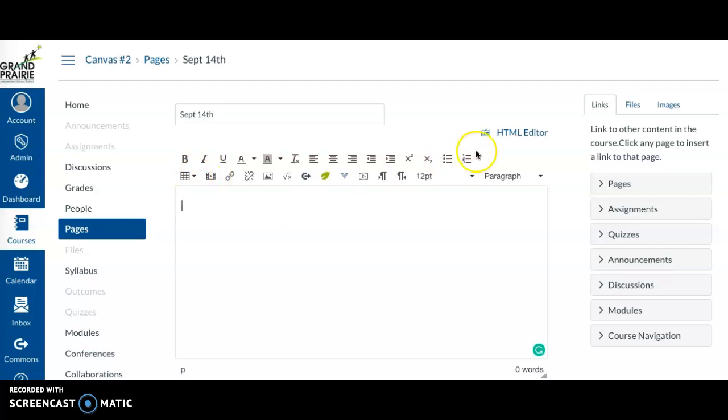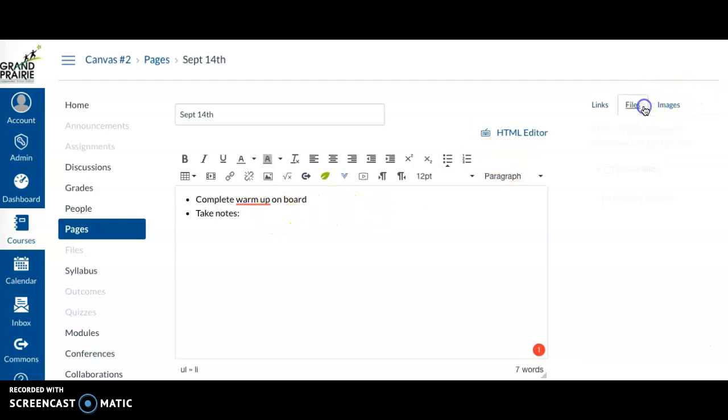Let's do a little bullet list. We are going to complete warm up on the board. And then you're going to take notes, okay? And then you could link, and I don't have any files in this, I don't believe, no,